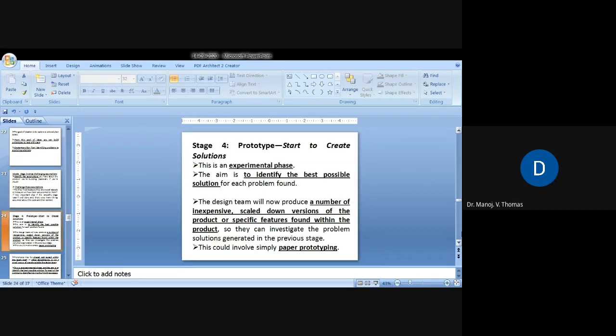So stage 4 is prototype. Start to create solution. This is an experimental phase. The aim is to identify the best possible solution. A number of inexpensive scaled down versions of the product or specific features found within the product. So prototype and actual product, the difference is in the prototype you will have fewer features, or only important features you will try to